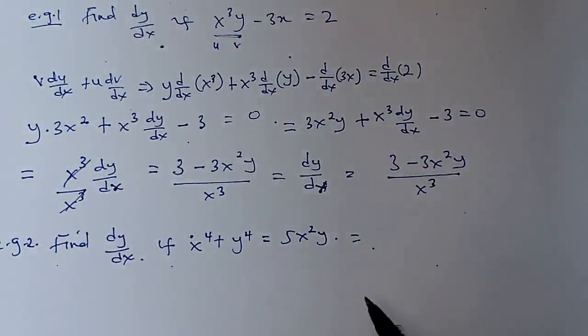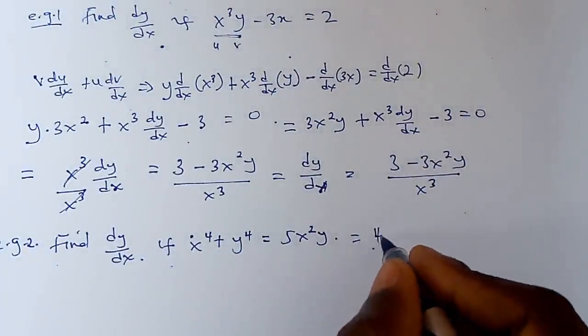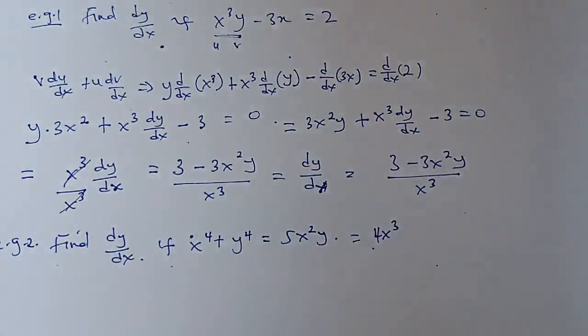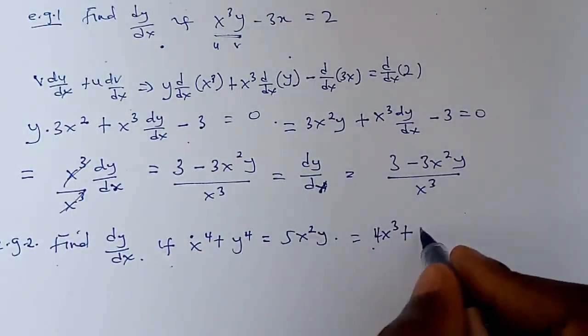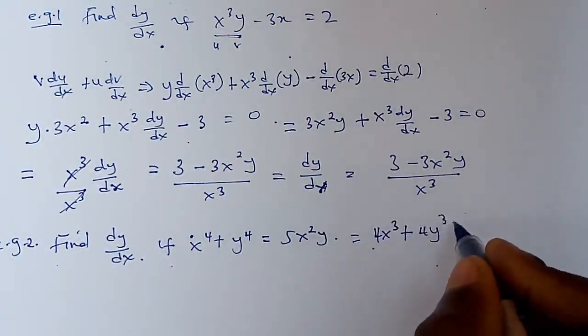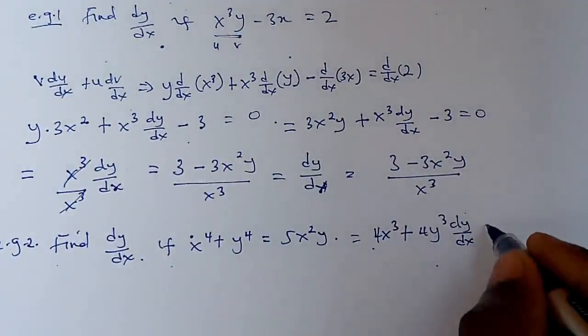I know that you know it already. So we are going to solve them straight away. The derivative of x to the power 4 is 4x to the power 3, plus the derivative of y to the power 4 is 4y to the power 3 dy/dx, which is equal to,